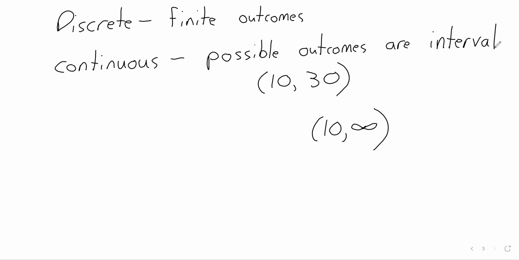You'll notice that the way we've defined discrete and continuous are not quite opposites of each other. Because like if you had an experiment that could give you the natural numbers, well, that's infinite, but it's not an interval. As I say, these definitions aren't quite correct, but they're correct enough for us. And you have to deal with discrete and continuous variables differently. There's a fundamental difference between them. And that fundamental difference